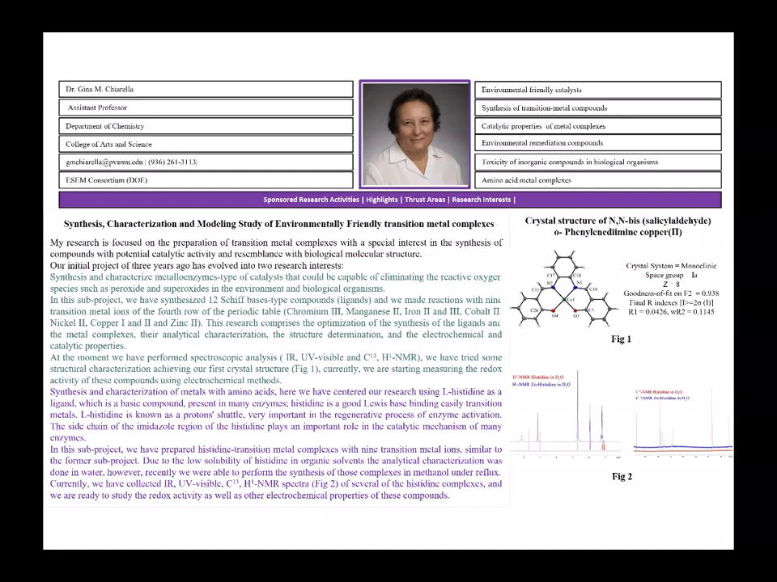Okay, my research is focused on the synthesis of transition metal complexes, with a special interest in the preparation of compounds with resemblance to biological structures and with potential catalytic activities. So then you see where I'm going. My goal is to see a way to do remediation in the environment,